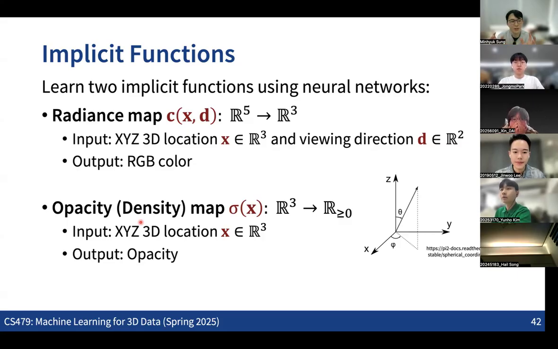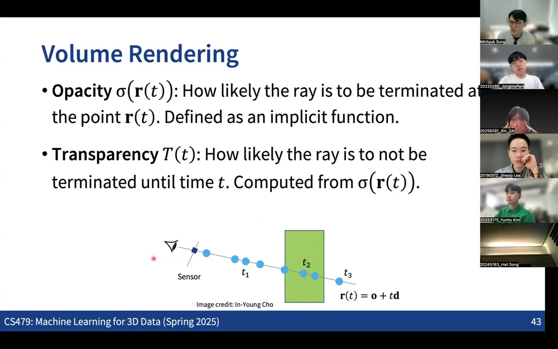So we are basically going to train two neural networks for the implicit neural function. One indicating the view-dependent color information, and the other one is something like the occupancy, but not exactly the occupancy. And one more thing that we are going to consider as a quantity describing this 3D shape is the transparency. I said that the opacity is not exactly the same as the occupancy that we